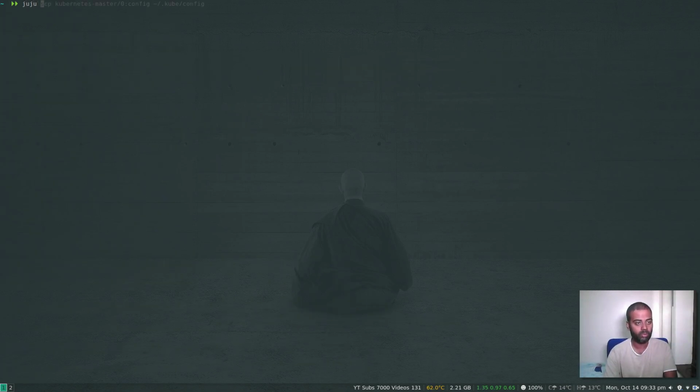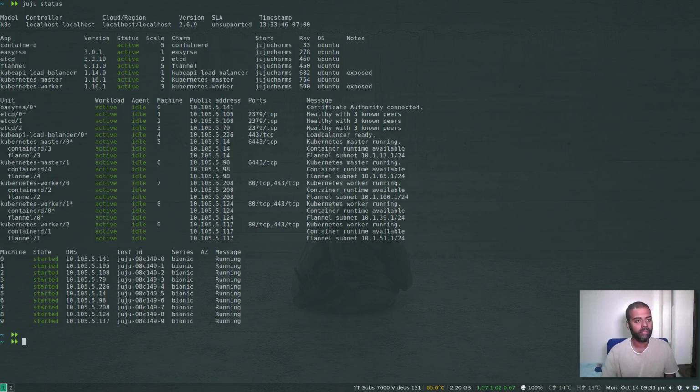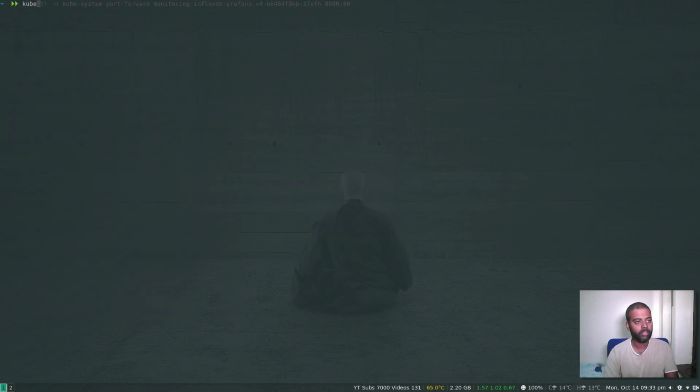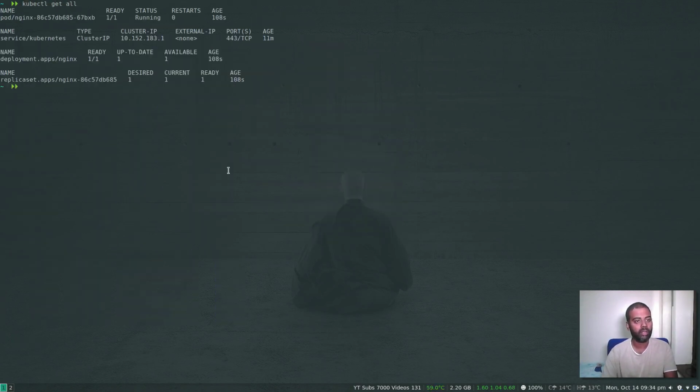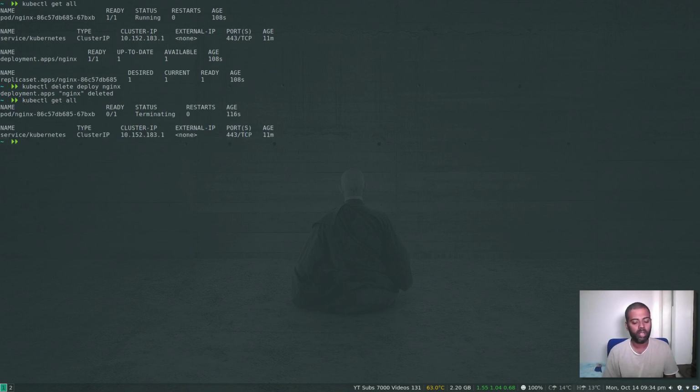We'll let you know. juju status. All right, so everything is working perfectly fine. kubectl get all. Right, our Nginx pod is also running. kubectl delete deploy nginx. kubectl get all. So we have 2 master nodes, multi-master with a load balancer on the top. It's a multi-master, highly available Kubernetes cluster with etcd running as a cluster on individual nodes on its own Linux